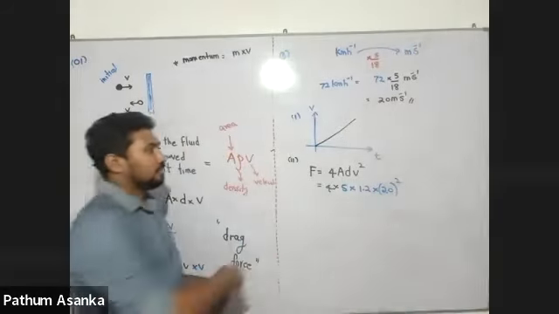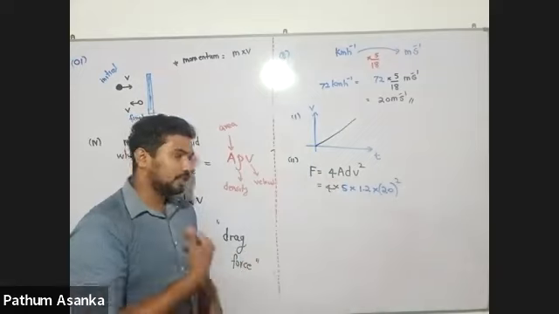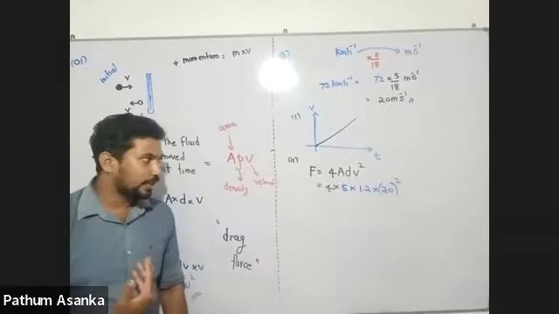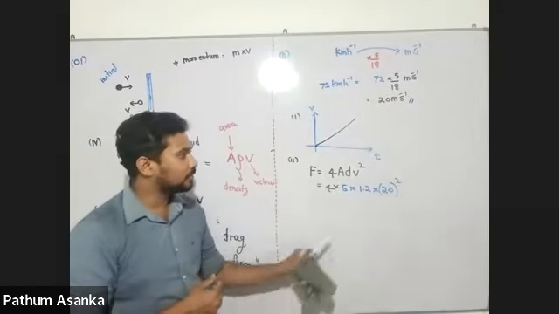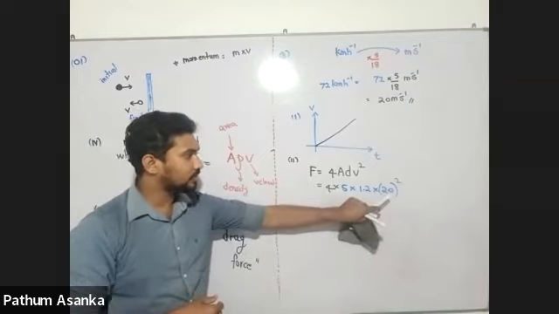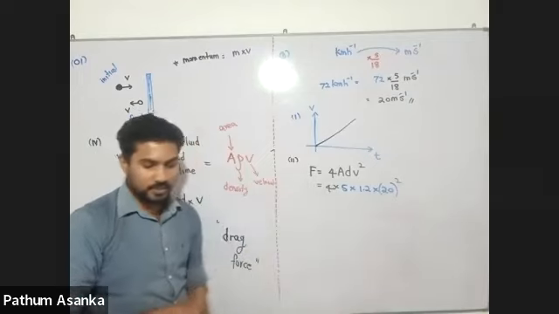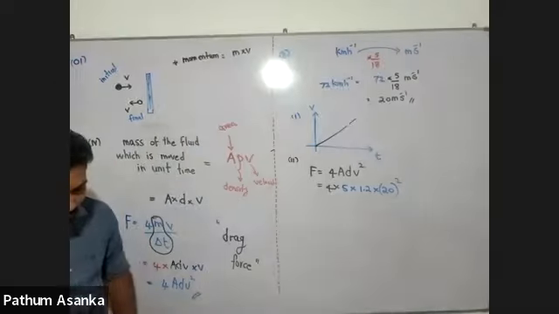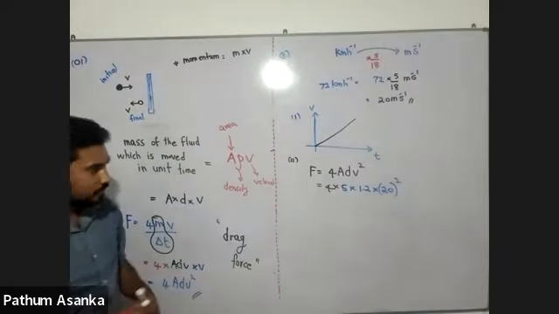Because here we have V squared in the equation, right? So when you substitute the particular values, you have to take the square of this 20, right? So the answer is